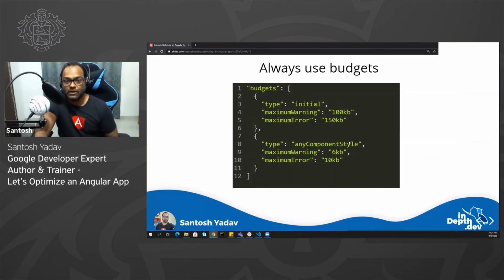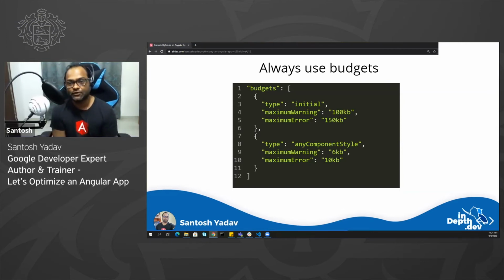Okay, so you can use this tool, but again, there is one more important thing when you work on your application. This is something which you have to do repeatedly. It's not like you have to do it once. It's a continuous process, right? Evolving your application is a continuous process. So in Angular 8, I think they added this feature where you can define budgets. In my application, the previous team had set the budget size to around 10 MB. So we never used to get any error, even if my application grew beyond some size, because my application size was 9 MB earlier, but it was already set to 10 MB, so it would never fail, even if it increased by a KB or a few more KBs.